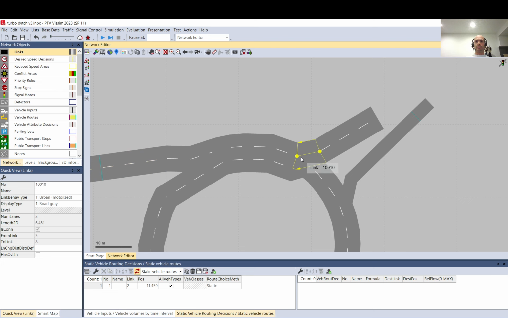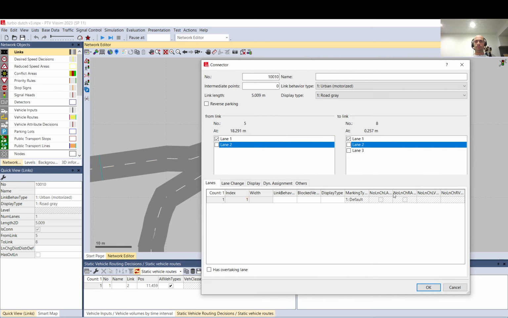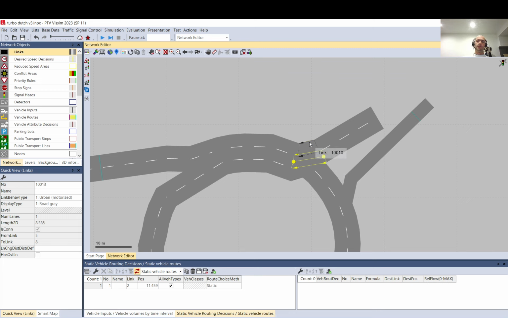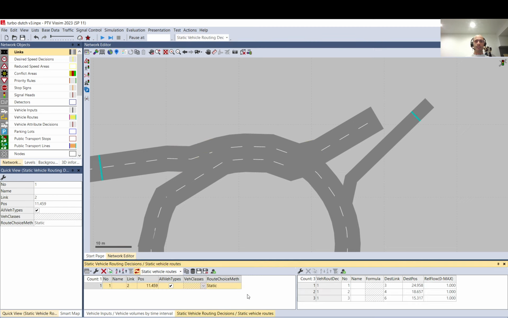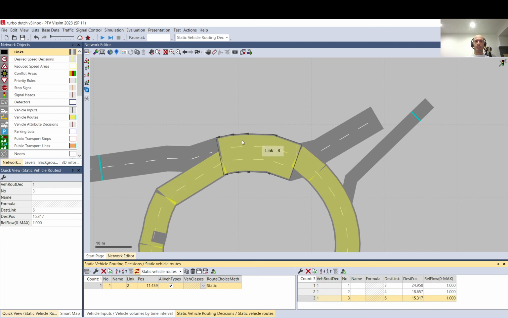And what you don't want to do is have it like this and assign both for this exit, because if you do that, this will be a route choice. If you use dynamic assignment, it will cause you a horrible headache. So you always want to make sure that whatever lane is available, if there are two or three lanes available for the same movement, you don't want to split them into ones or twos. You always want to have all lanes as one on one connector, because otherwise the route choice will be a pain and you can't assign the split either. So if you use static routing,